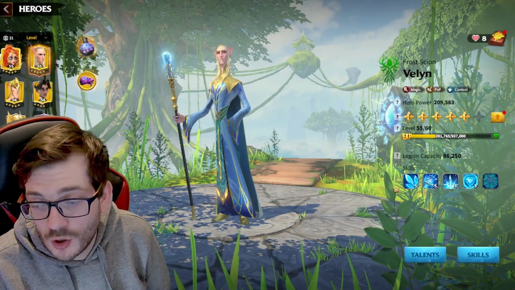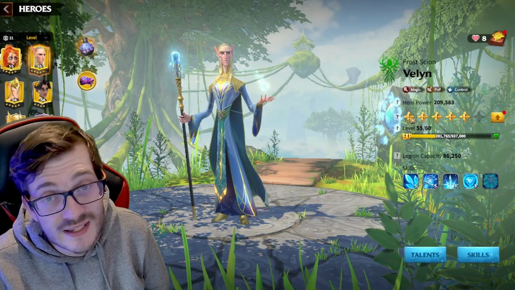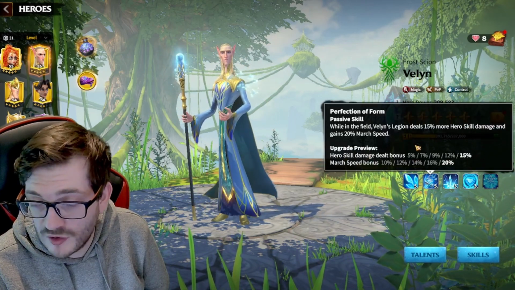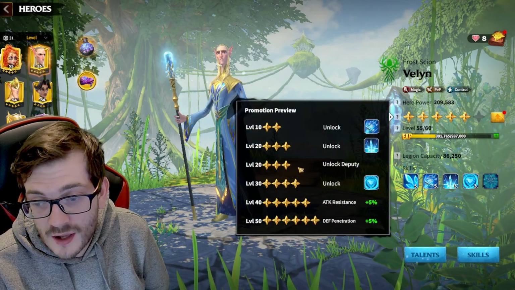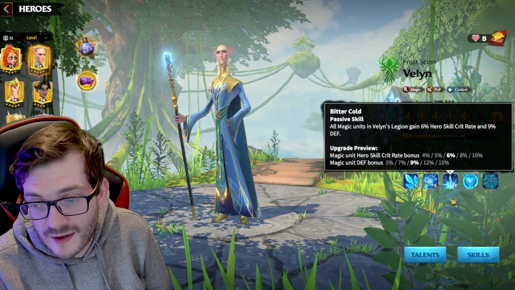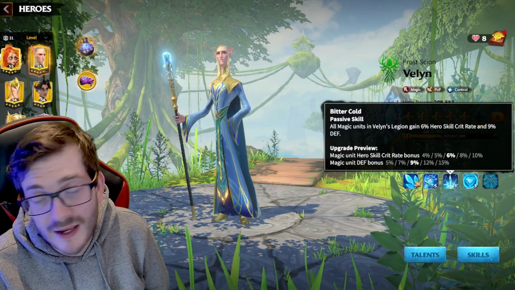Valen's a really good hero that if you max out the first skill and then actually only make him 2 stars, you can max out the second skill, which is a really powerful skill too. And then if you make him 3 stars, you'll see you'll unlock the deputy slot here and get access to this next area where we're getting the bonus third skill, and you can make a hero